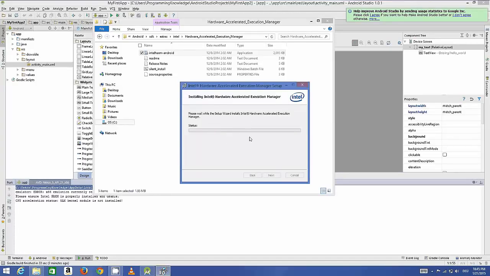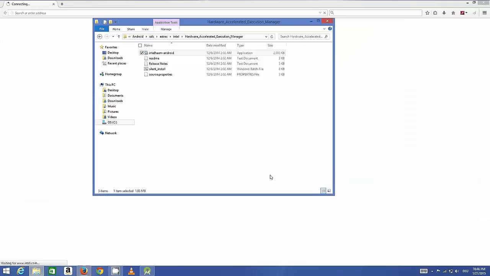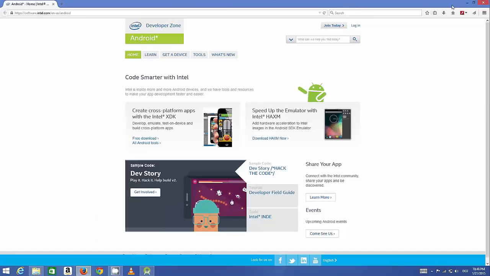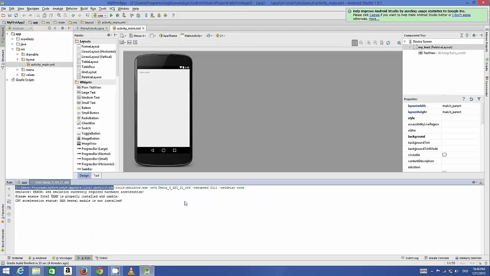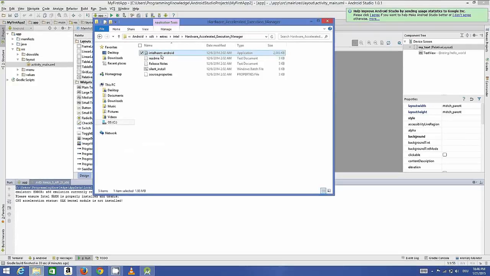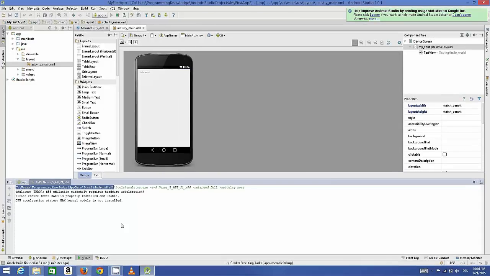So now the installation of HAXM is complete, so we will click finish, and now we will close everything and we are going to run our application. So I'm going to close this browser for now, and now I'm going to run our application once again. So this one is finished. Minimize it and let's run our application by clicking this green button. And hopefully this time we will not see the same error. We will choose the default device from here,